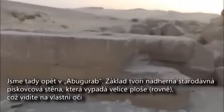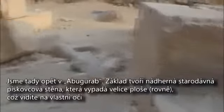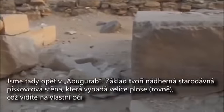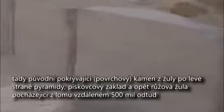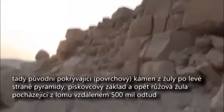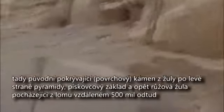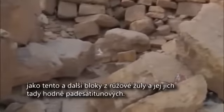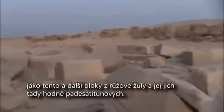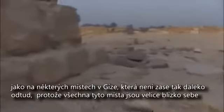And also at Abu Ghurab we have this beautiful ancient limestone wall, which is very flat looking, at least to the eye, as you can see. And the original casing stones here of rose granite, of what's left of a pyramid, limestone core. And again, the rose granite comes from more than 500 miles away from Aswan. And some of the blocks of the rose granite are many tons, as in 50 tons plus in some places, like at Giza,